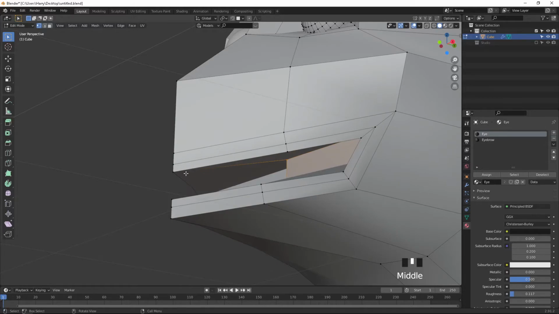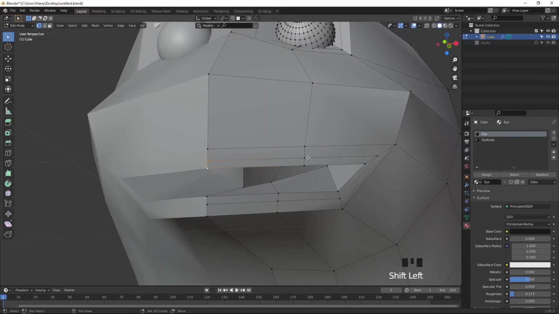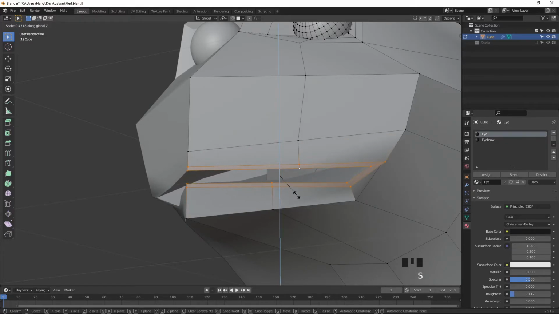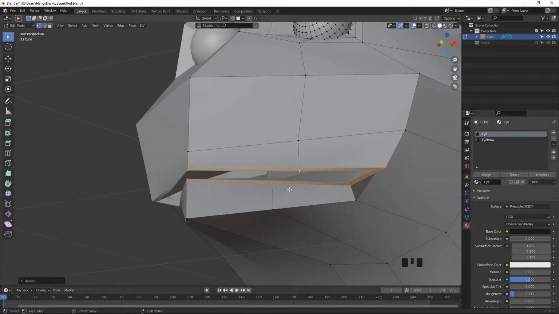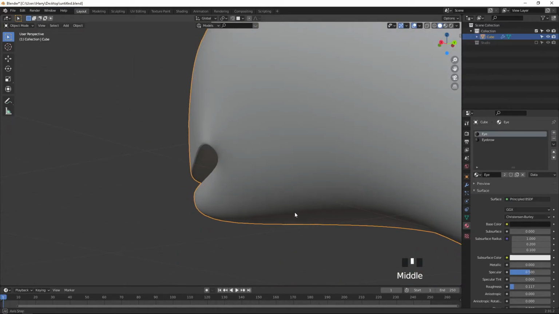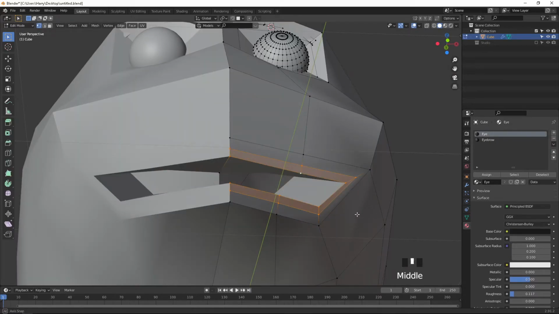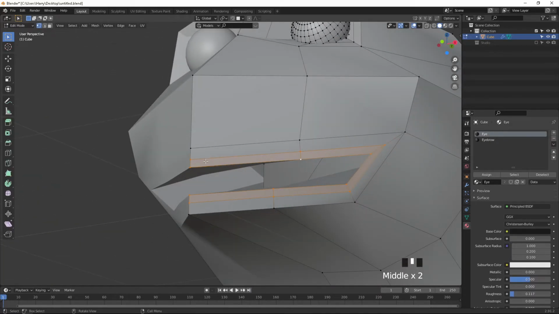So what I'm going to do, select these vertices, this one, press C and select this, select this, and scale it in the Z axis. Okay, Ctrl Z. I'll do it manually, that's better I feel.